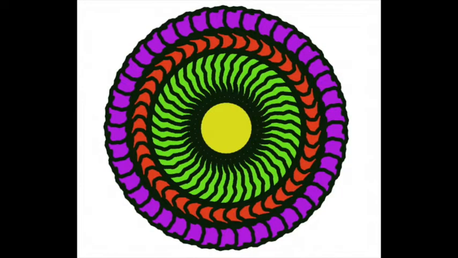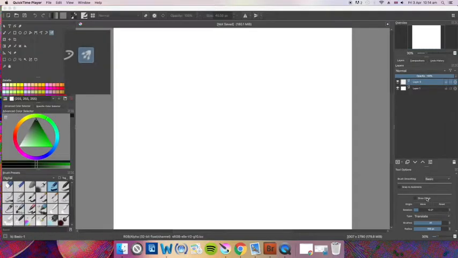Okay, the next thing I want to show you is the multi-purpose brush tool. I'm using it at the moment on the basic brush, but you can use it on any brushes. It's a really useful tool, I think, when it comes to doing the virus.